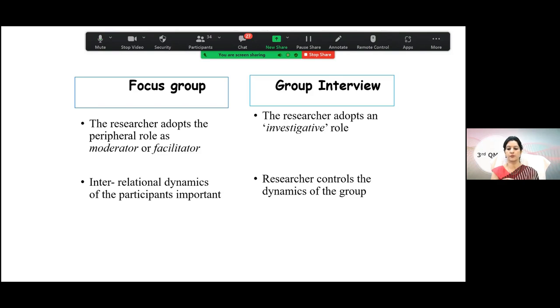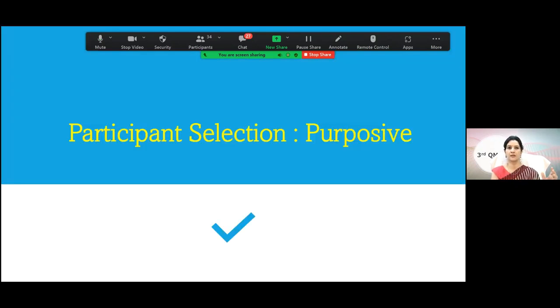In the group interview, the researcher controls the dynamics of the group. So in this case, the participant selection should be purposive.